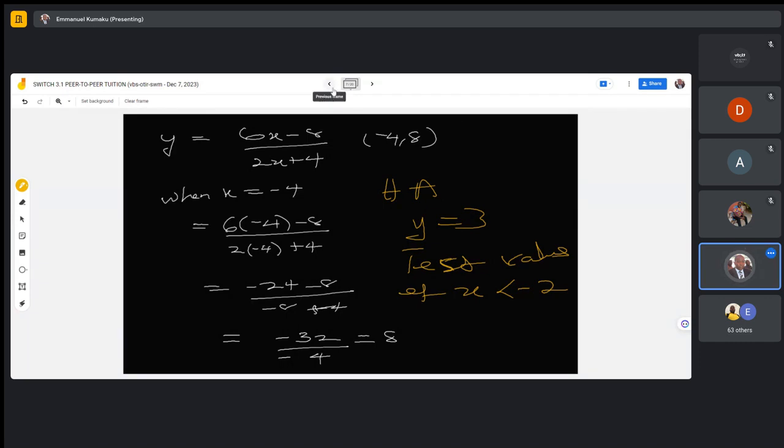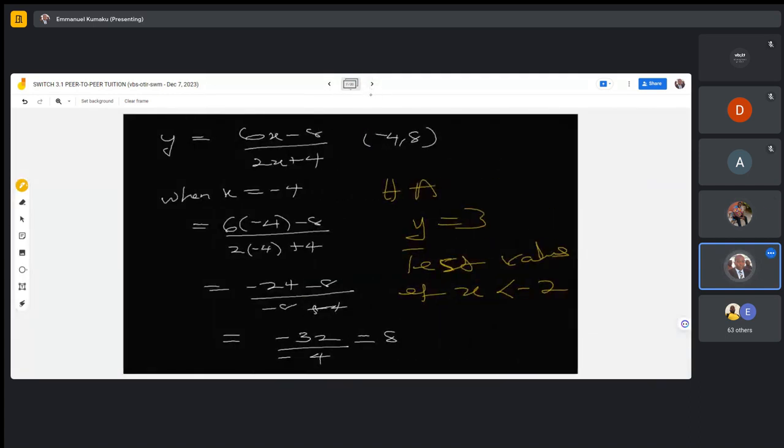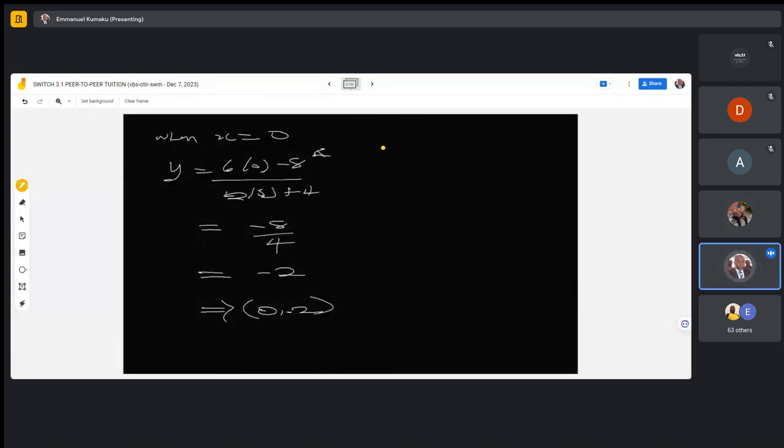Any value less than -2, you are going to get a number above 3. You can test that. Let's just do a random test and pick a bigger negative number. Let's say when x is equal to -20,